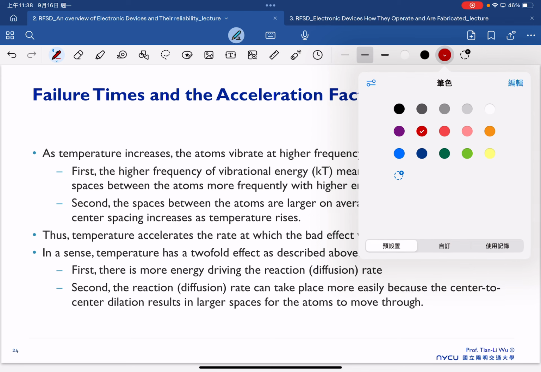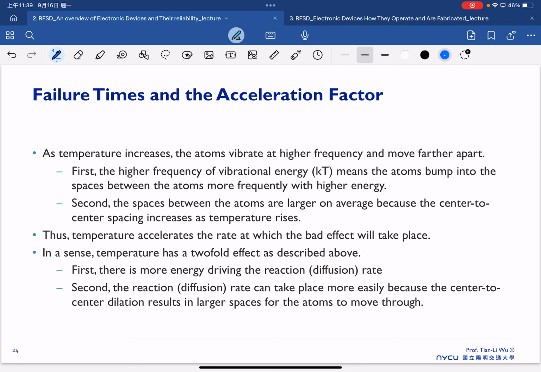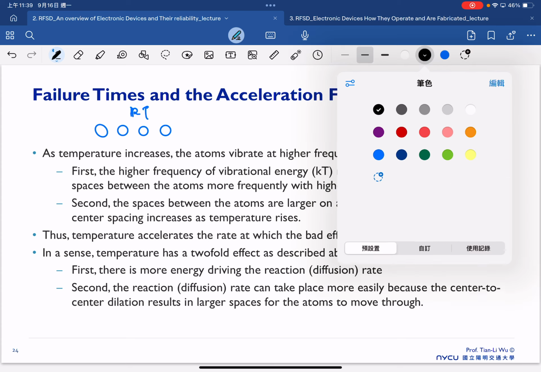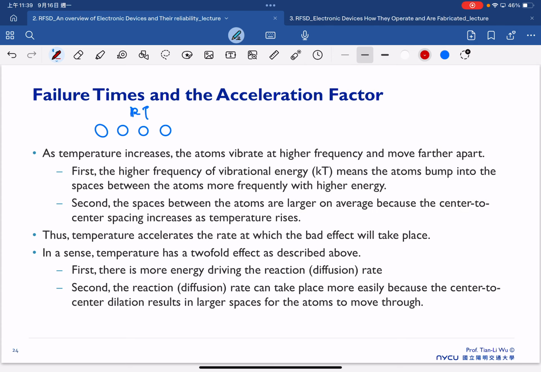It means that if now you have a lattice arrangement like here, this is room temperature. So now if you have one atom in here,